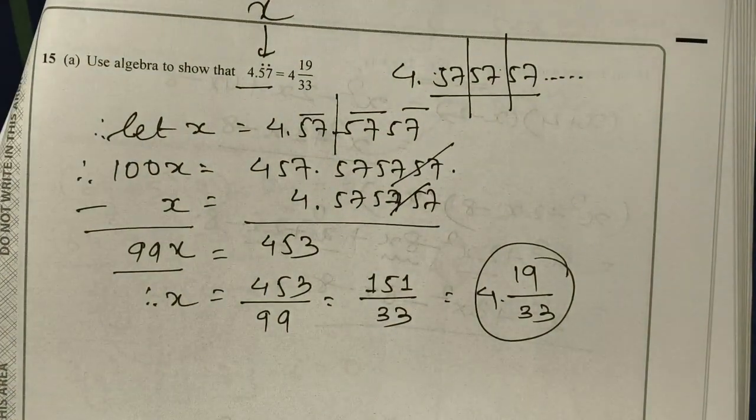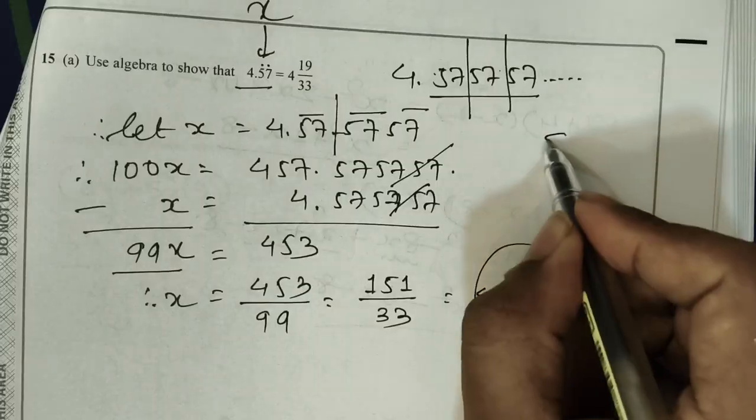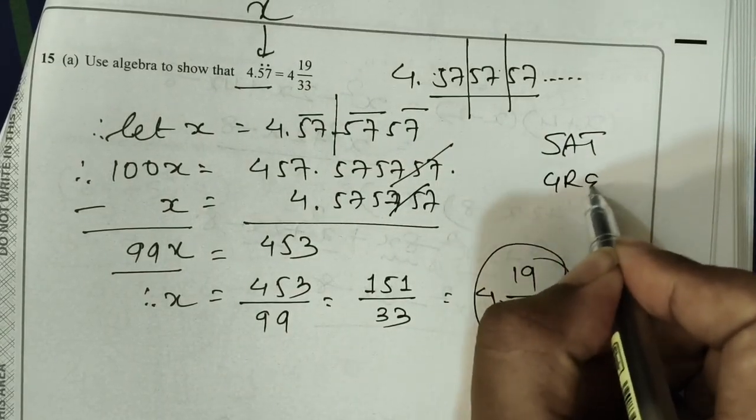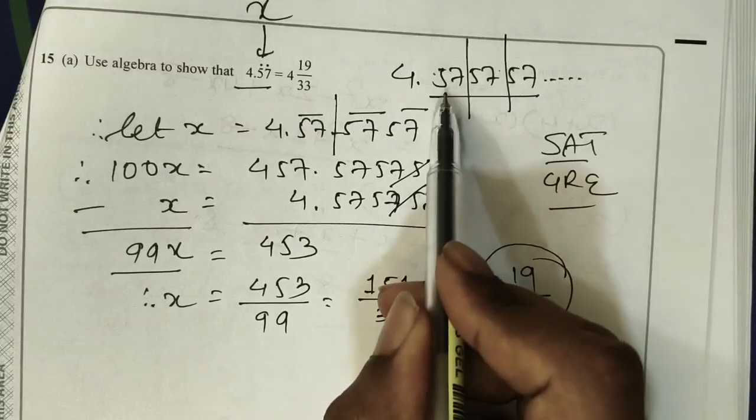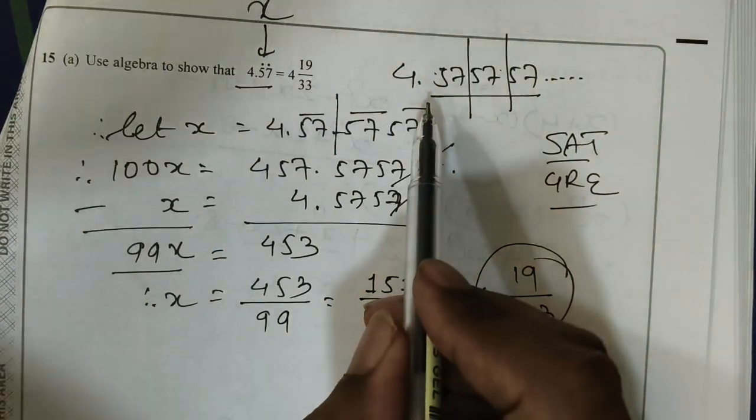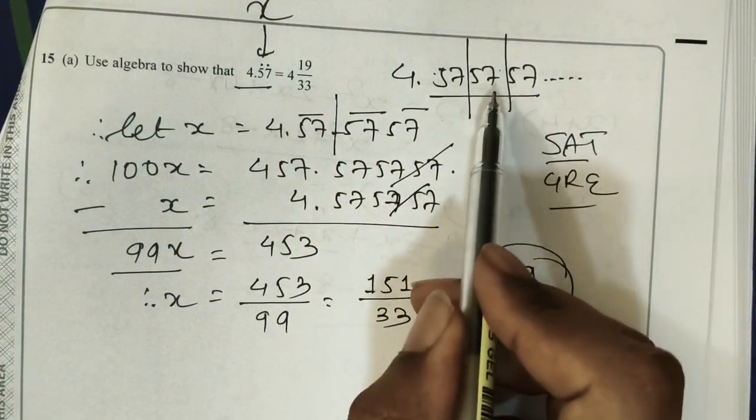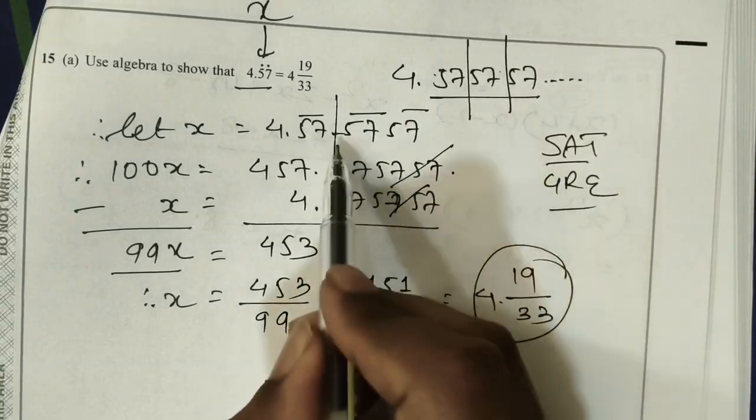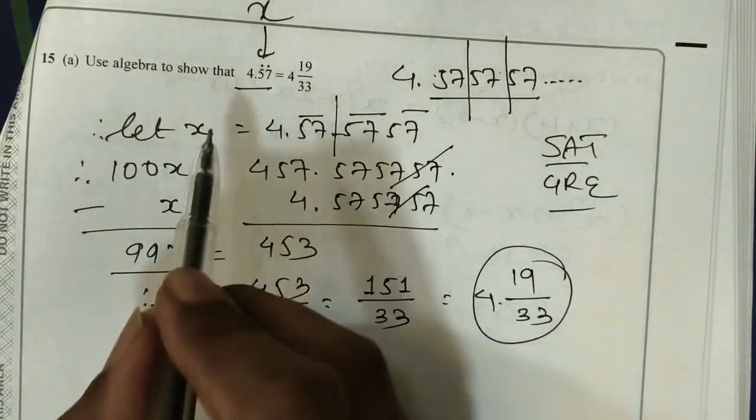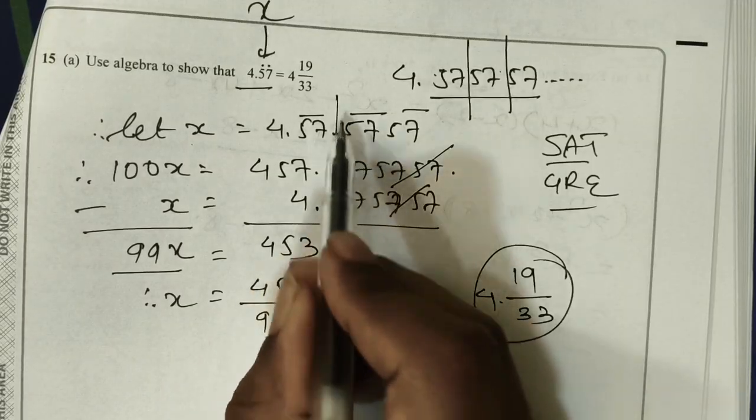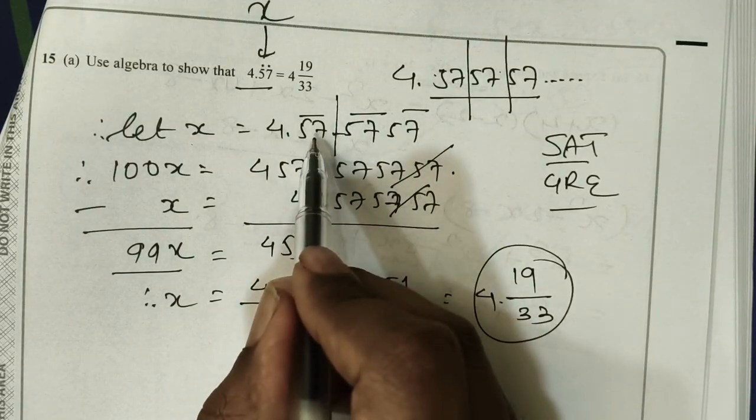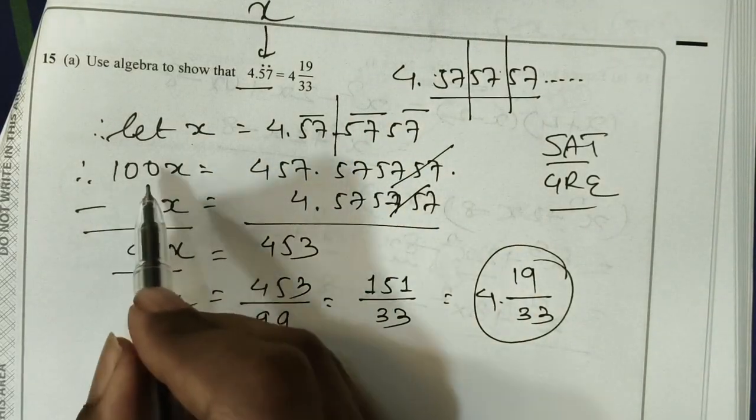This is another interesting sum. This kind of sum comes not only in GCSE, it comes in SAT, it comes in GRE, everywhere. Correct? So 4.57, it is not just 4.57, it is 4.575757 recurring. We have to ensure that I get rid of this recurring value. Correct? So I am assuming let x be 4.57. Correct? So obviously if I have to get rid of this recurring value, it comes after 2 decimals. Correct? I multiply by 100, I get it